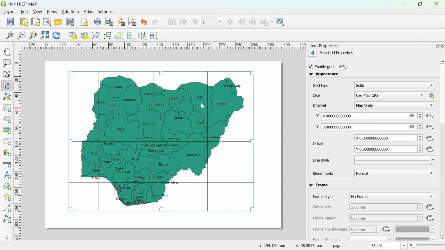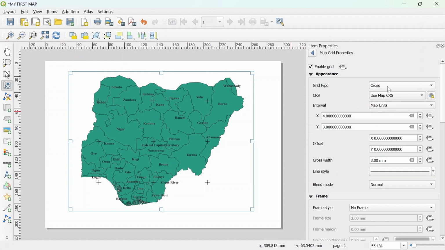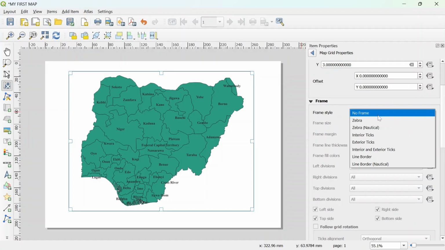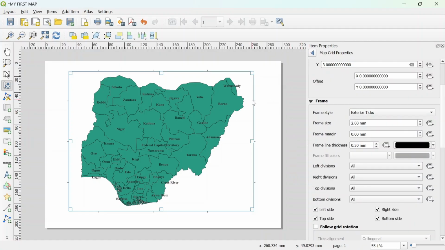So we have it this way. You can choose to use solid, or you can make it cross, or you can make it frame and annotation, which we have. Then you can scroll down and click on external tick, which we have. You can increase the size, you can reduce it, and you can also scroll down and